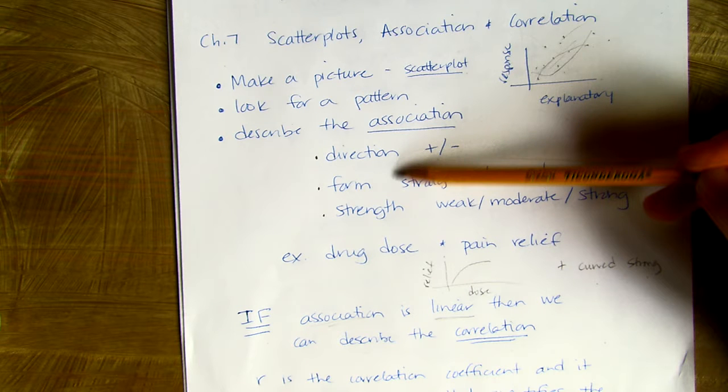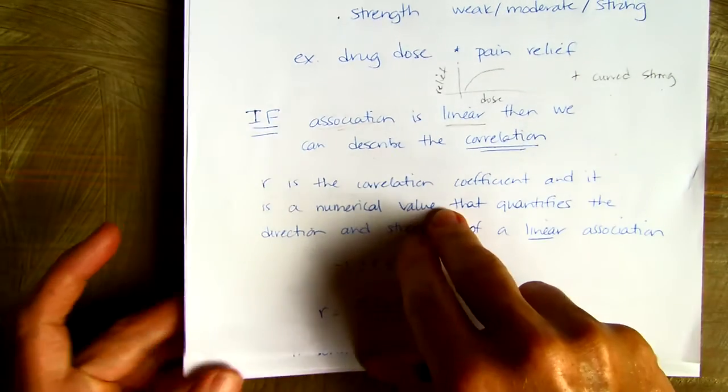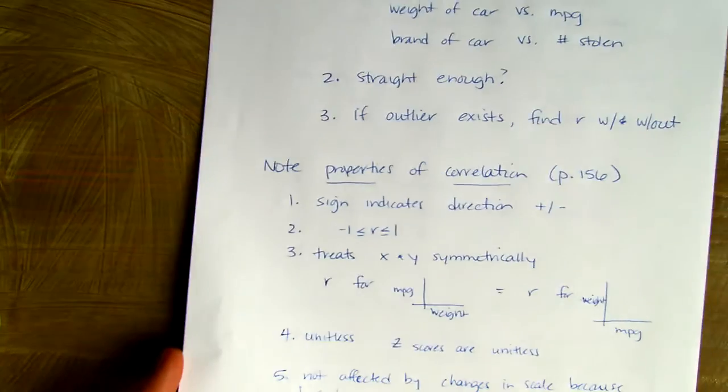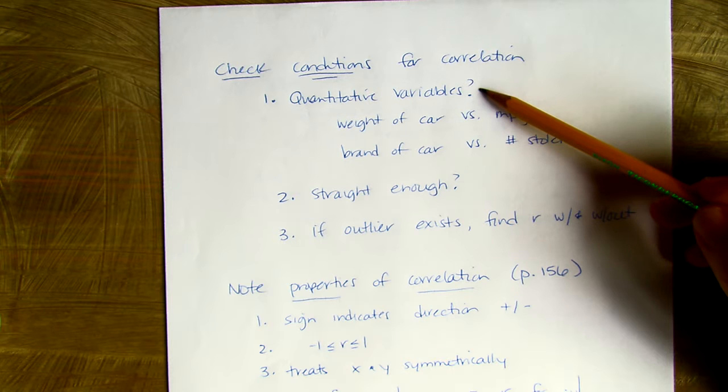Describe direction, form, and strength. We're talking about the association between the two variables. And then if it's linear, we can start talking about correlation. So if, again, we're going to talk about correlation, the conditions need to be, first of all,